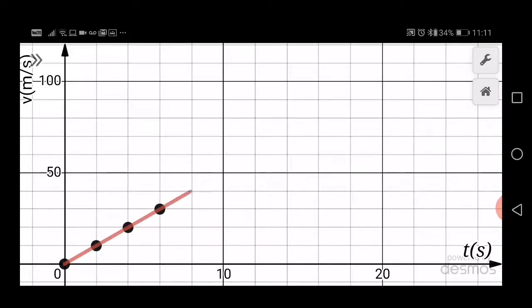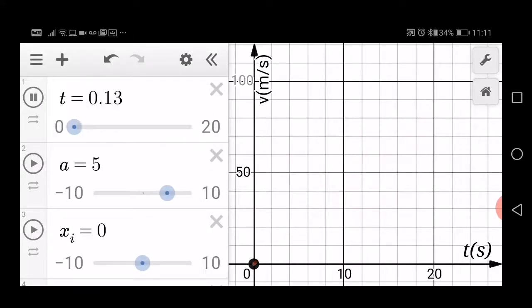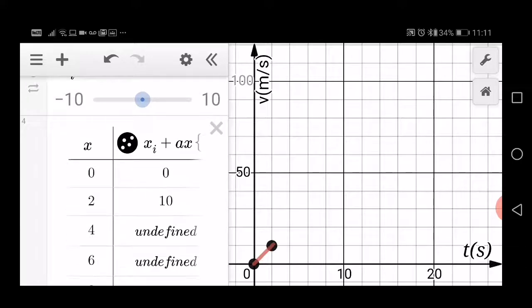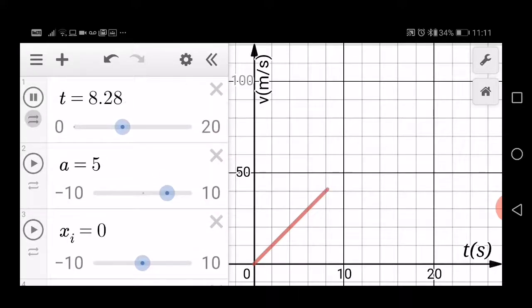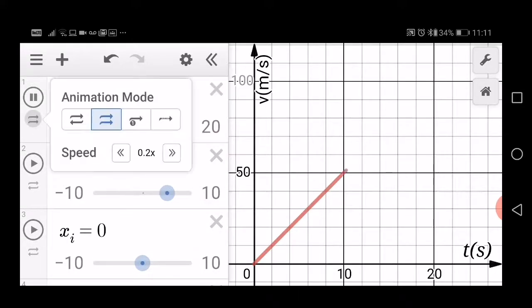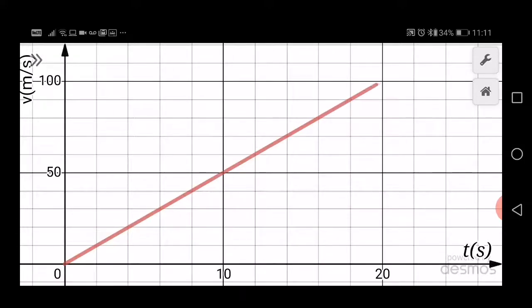That velocity is increasing as time goes by. So we can actually get rid of the annoying points here and make the motion go a little faster in our imaginary time, and this is what you have as your